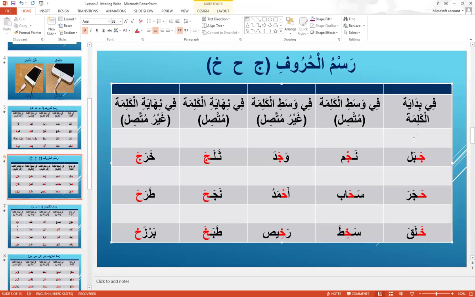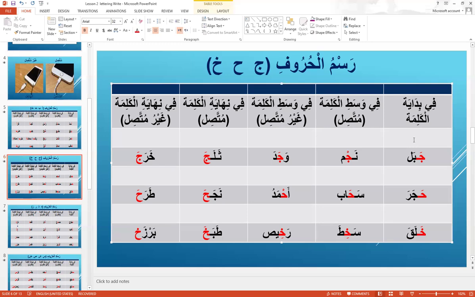Okay, so how do we write Jim? And don't forget, the way we write Jim is the same way we're going to write Ha and Kha. Only that Jim has a point under, Ha doesn't have a point, and Kha has a point on it. So how do we write Jim? So Jim is written